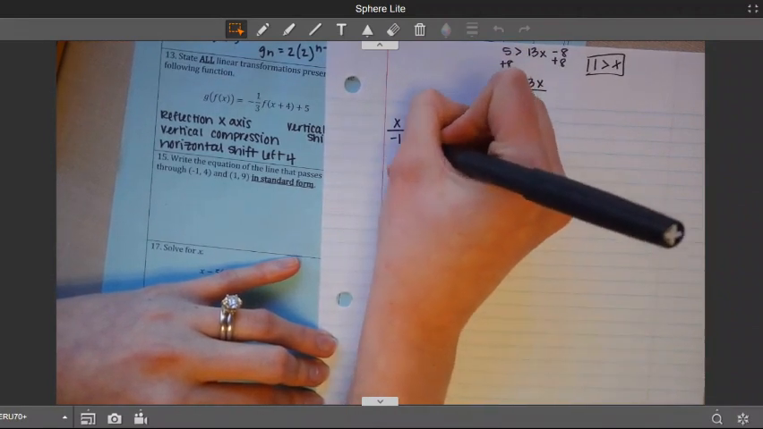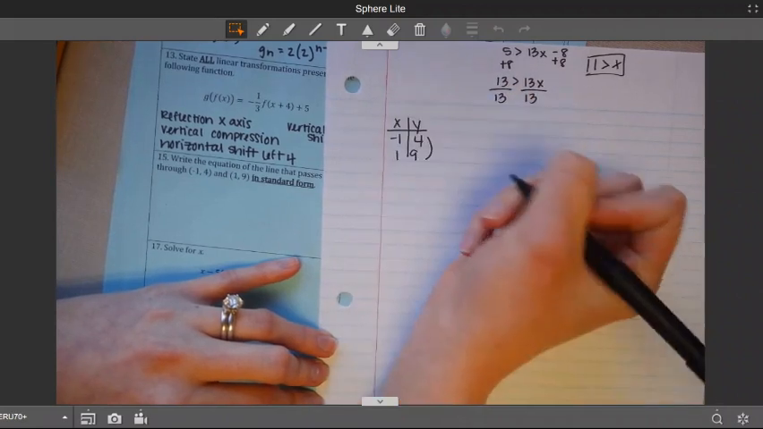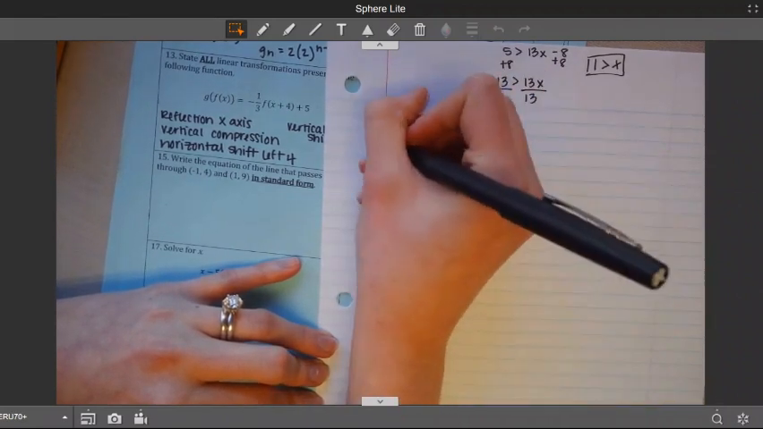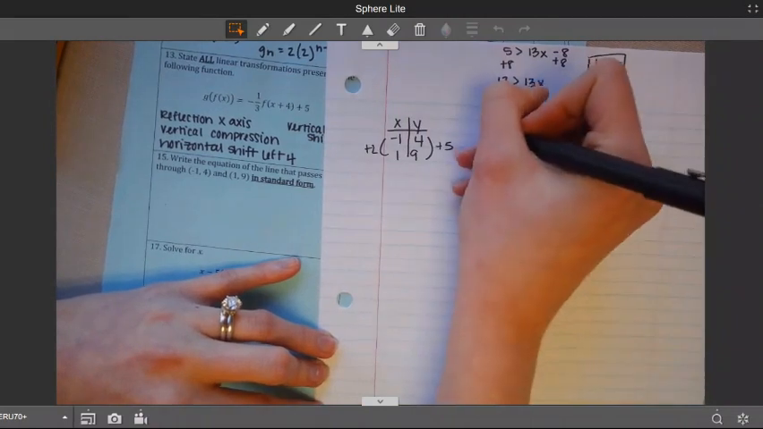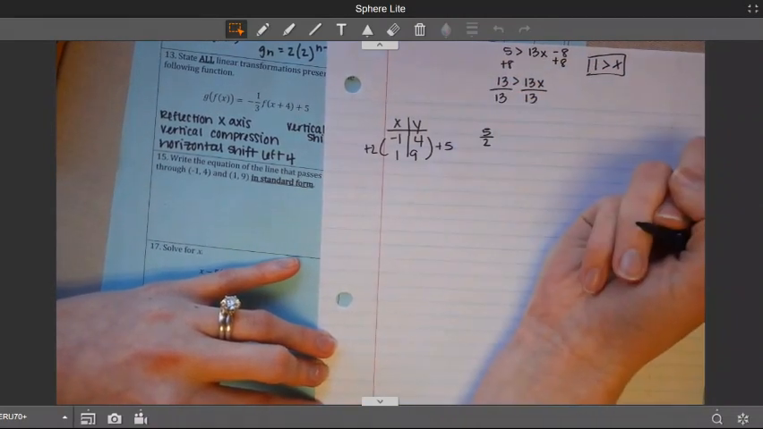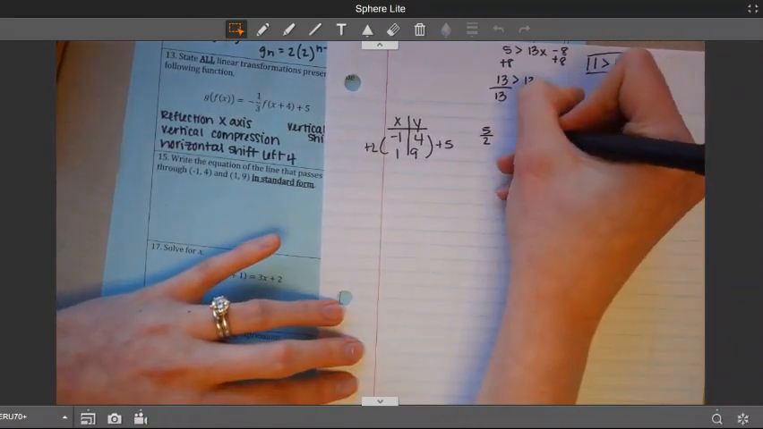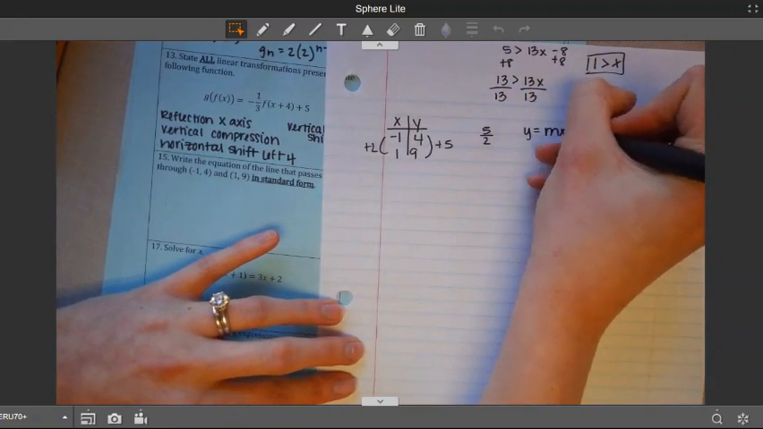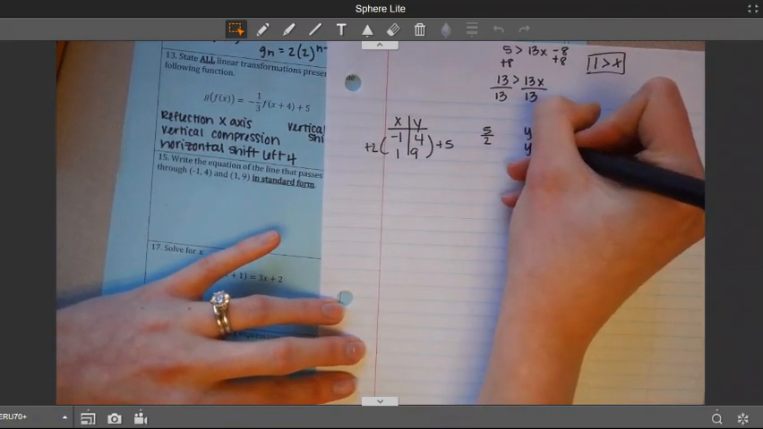I have -1 and I have 4. We have 1, 9. To go from 4 to 9, I add 5. To go from -1 to 1, I add 2. My slope is 5/2. Now I have points. My equations are always y equals mx plus b. So I can say y is equal to